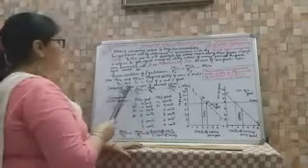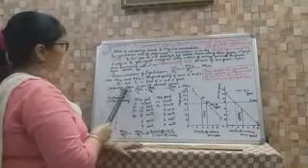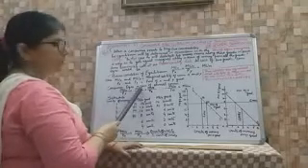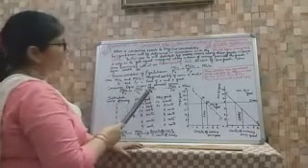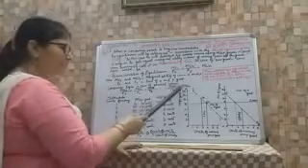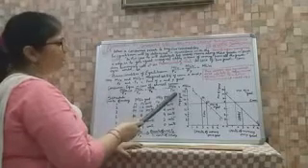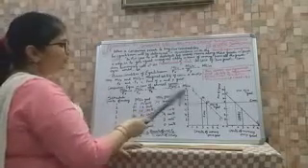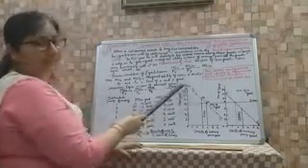Now, we can show it in a formula. MUX over PX equals MUY over PY equals MUZ over PZ, and so on, whatever the number of commodities which we are using, that will be bought from our money income.